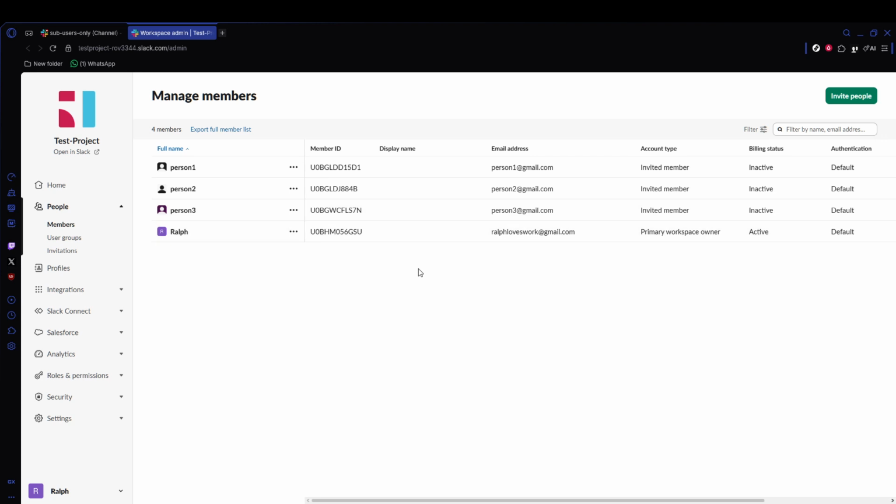Take a moment here to review each setting carefully before moving on. It's a good idea to make sure your choices align with how your team collaborates and how much control you want standard members to have. When you're done, scroll to the bottom of the expanded section and click the green Save button. As soon as you save, your new